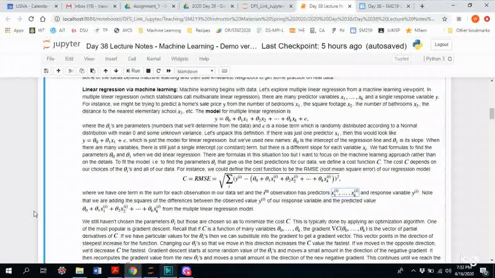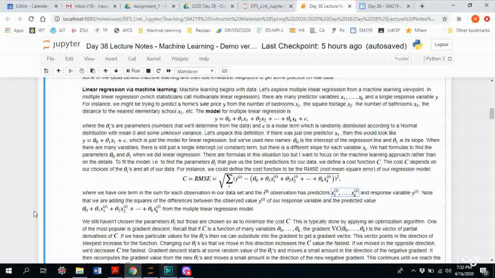Let's explore multiple linear regression from a machine learning viewpoint. In multiple linear regression, which statisticians call multivariate linear regression, there are many predictor variables, call them x1 through xk, and a single response variable, we'll call it y. For instance, we might be trying to predict a home's sale price, y, from the number of bedrooms, x1, the square footage, x2, the number of bathrooms, measured by x3, the distance to the nearest elementary school, measured by x4,